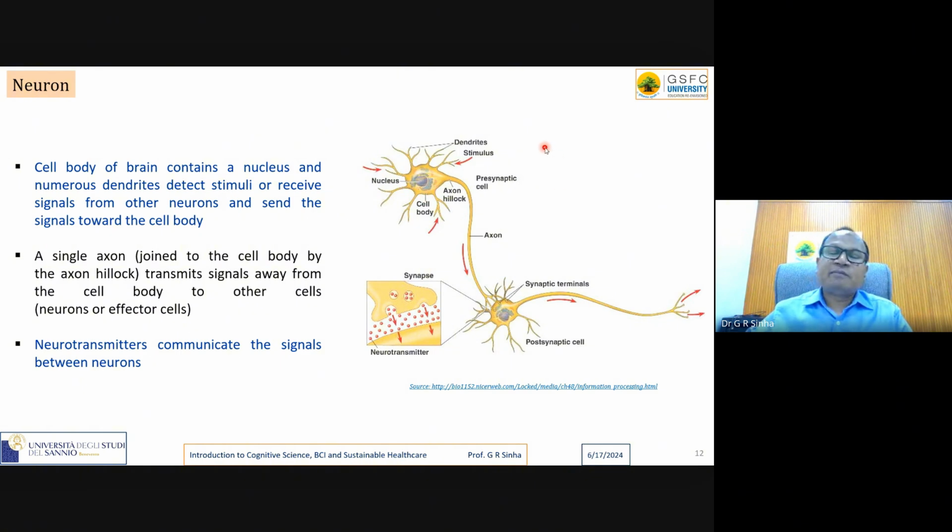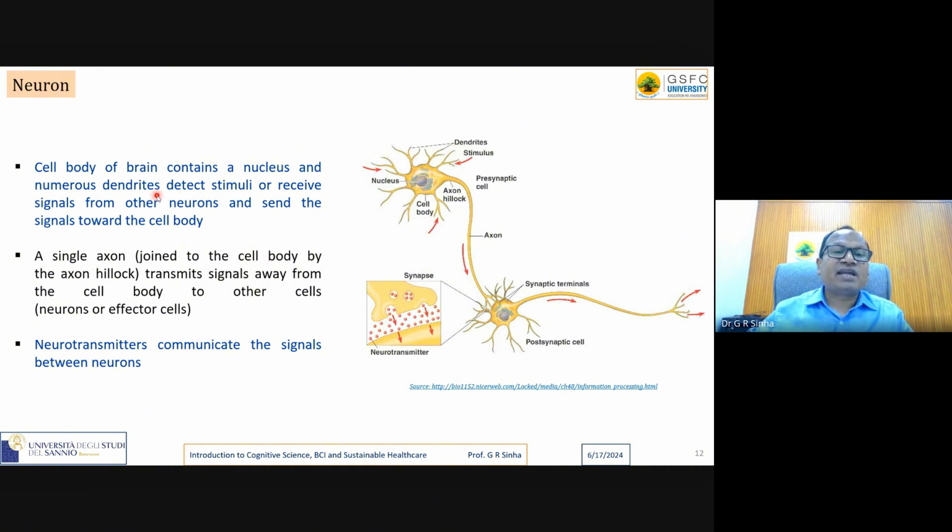So if some stimulus is received by the nucleus. What do you mean by stimulus? You are watching a movie, you are attending my lecture, you are listening to me. That is generating some stimuli. So a stimulus goes to the nucleus of the neuron through these dendrites. These dendrites are the connecting points through which stimuli are going inside your brain. It is perceiving and receiving your stimuli, may be vision, maybe some other stimuli, auditory stimuli, and so on.